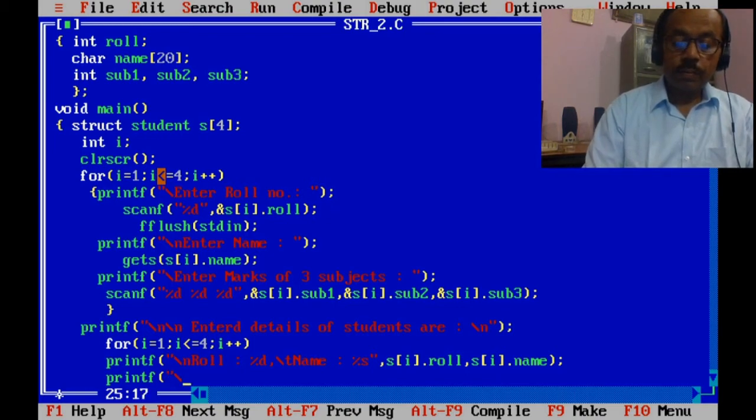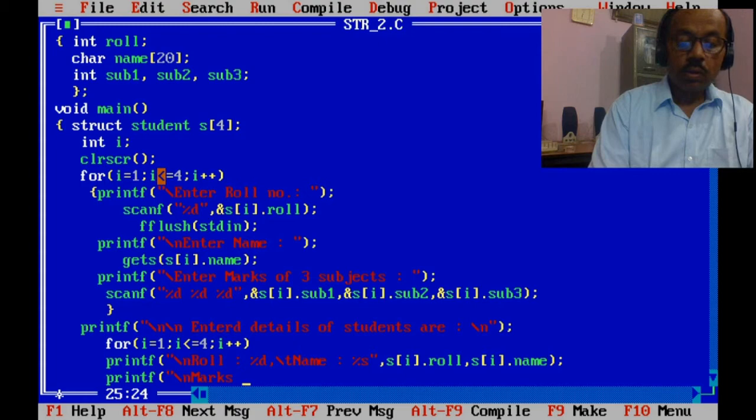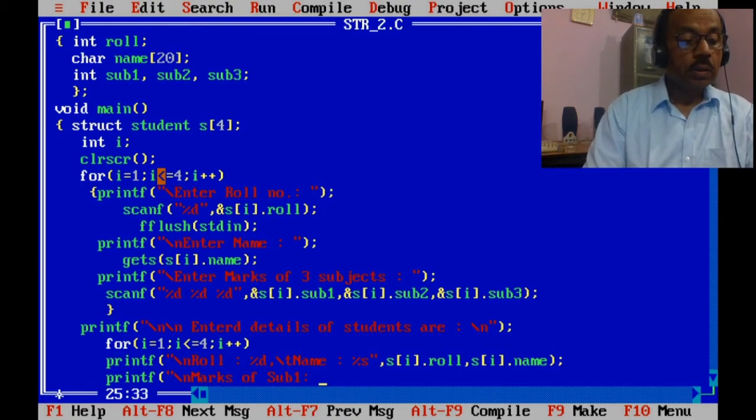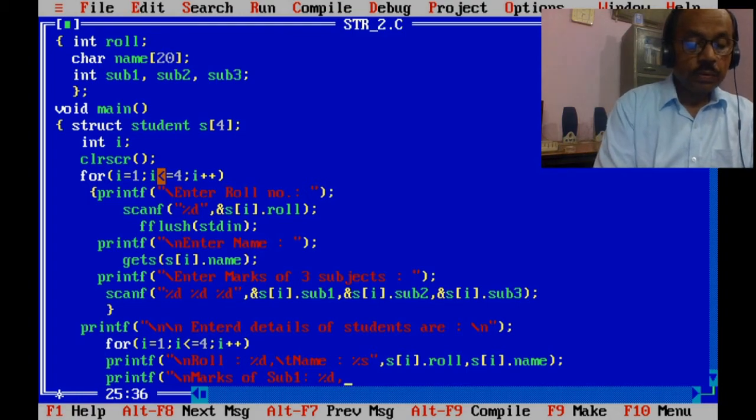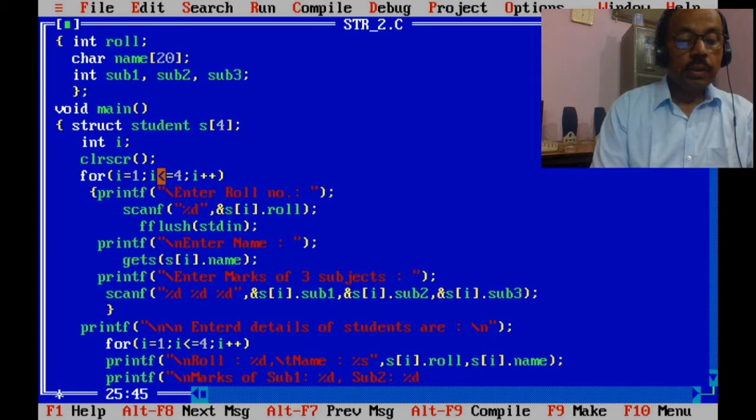printf double quotes backslash n marks of subject 1 percent d comma subject 2 percent d comma subject 3 percent d double quotes comma.